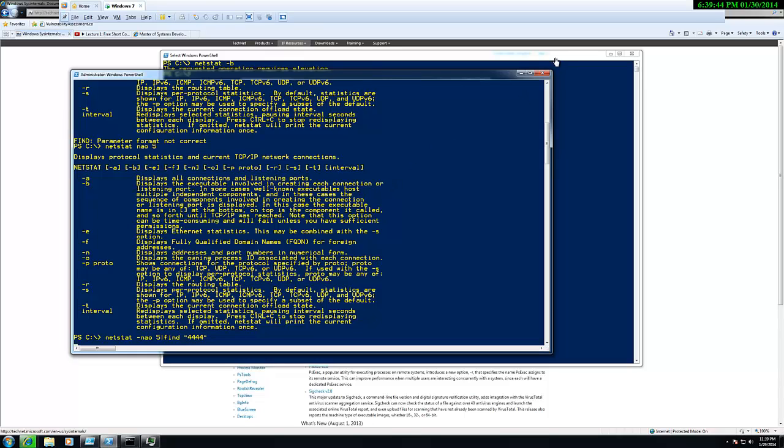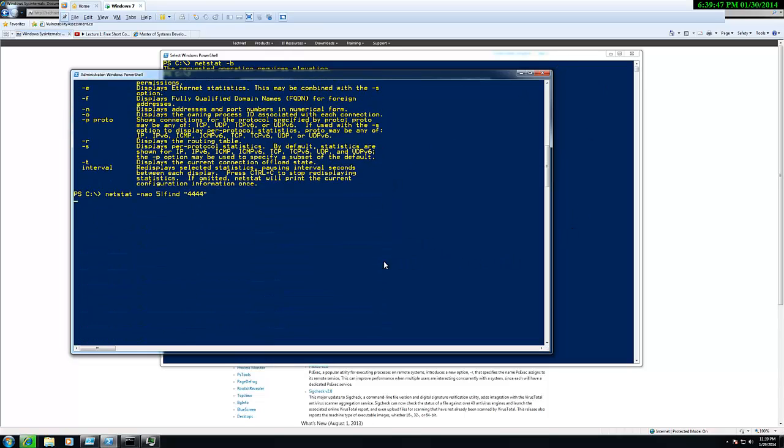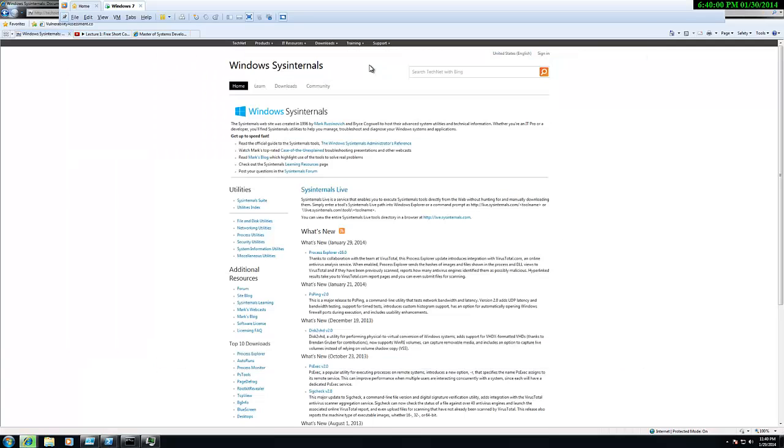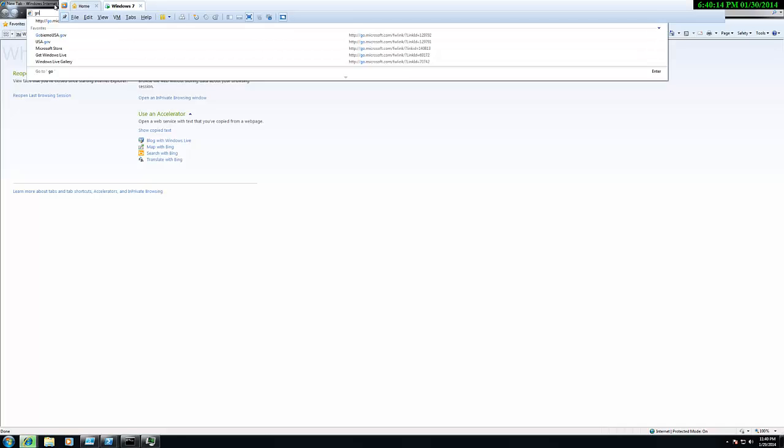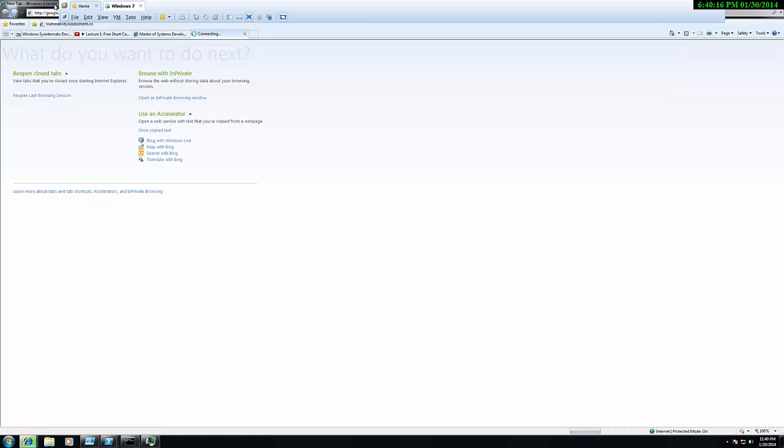It will now look into the net statistics. Every 5 seconds, it will try to find port 4444, and it will try to see if there's any activity. Why did I give the example as port 4444? Let's say you find an issue in port 4444. So if you go to google.com